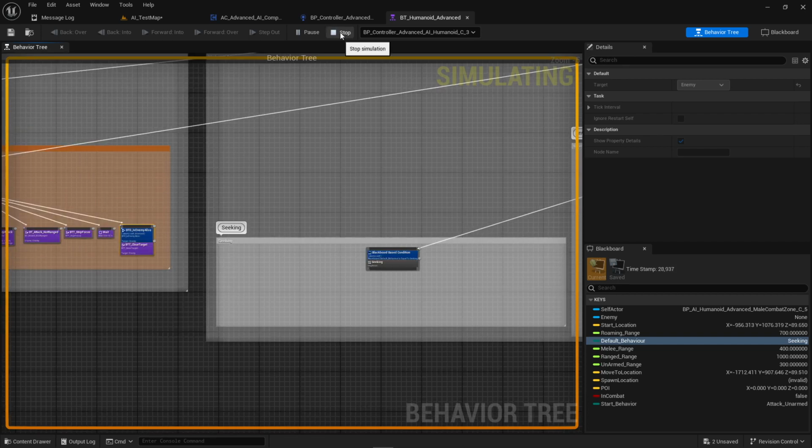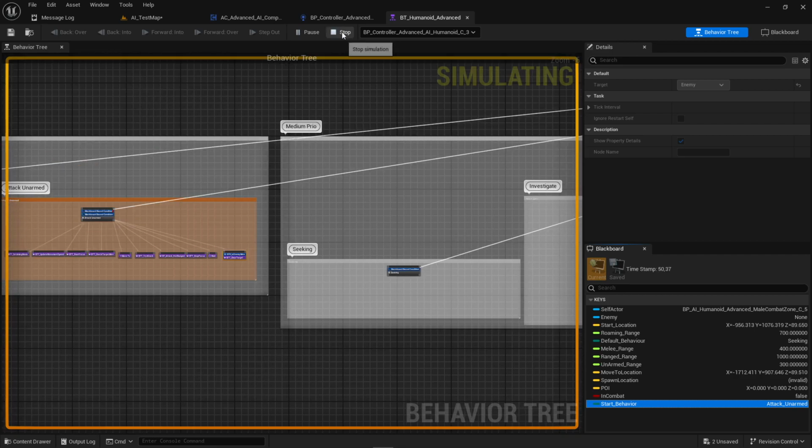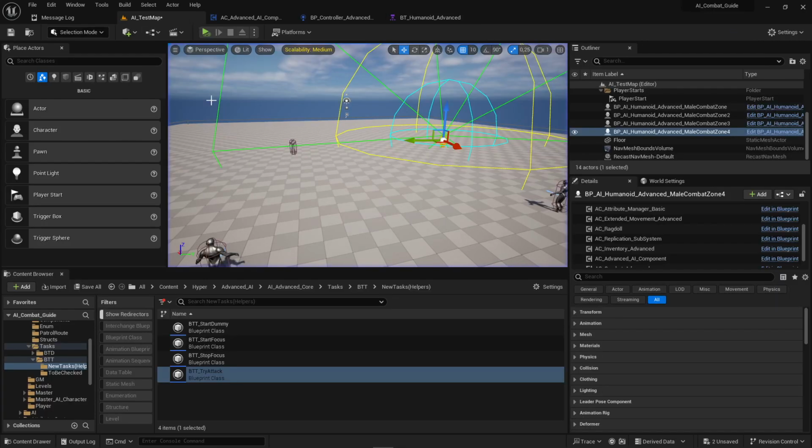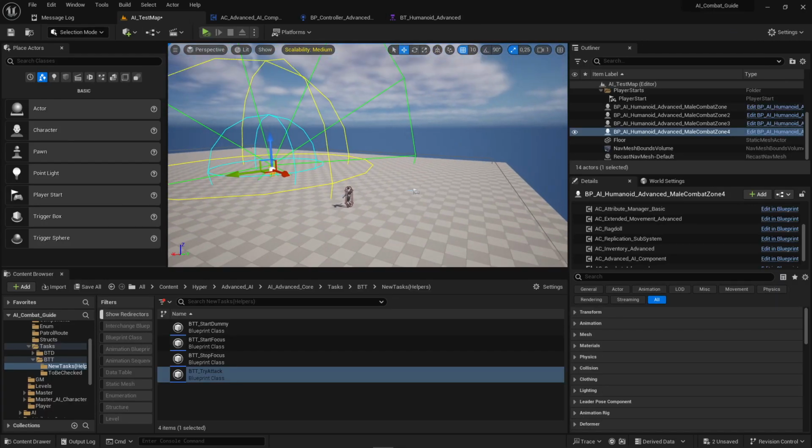Okay, and you see, this is also something I don't want, because we are placing them directly against each other. He goes basically in the start behavior directly into the attacking mode, so that is also something I need to look into. But what I also want to show quickly was